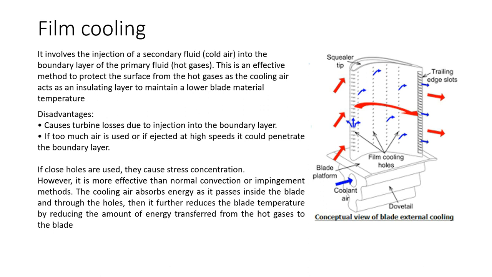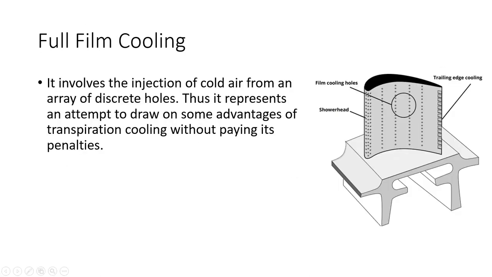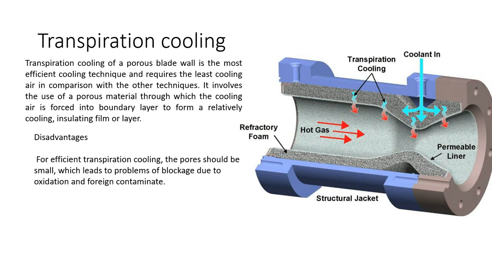You have seen the rotating stall, how rotating stall forms in your compressor blade. A similar situation can occur here, and the effectiveness of energy extraction will become very less. So thereby the efficiency of your turbine will greatly reduce. Okay. So then full film cooling. It is the same thing, but the number of holes here will be very high compared to your previous one. Next is called transpiration cooling.